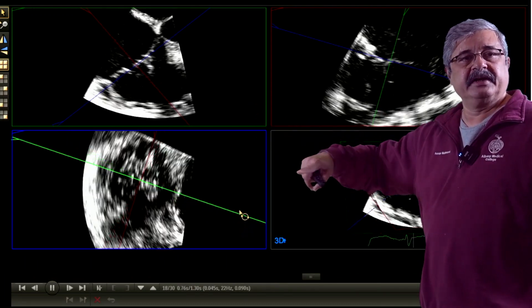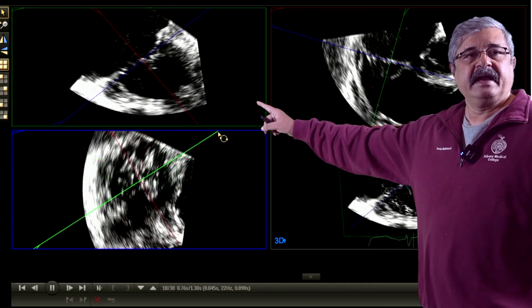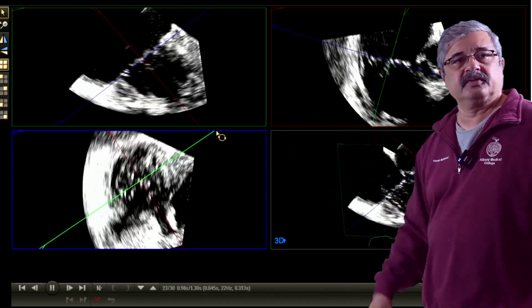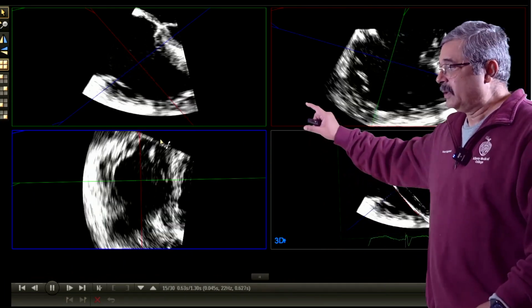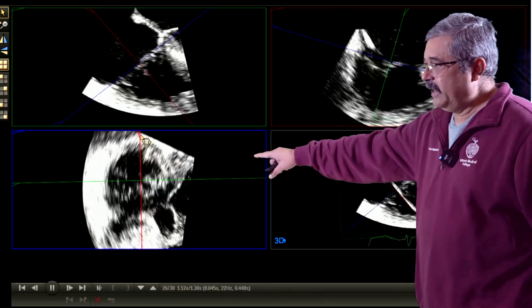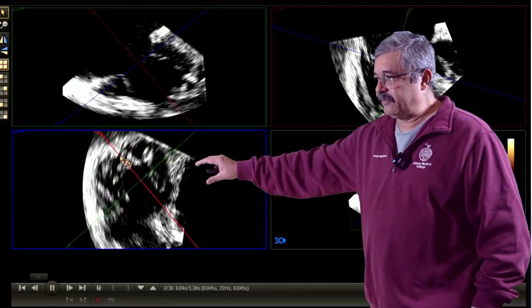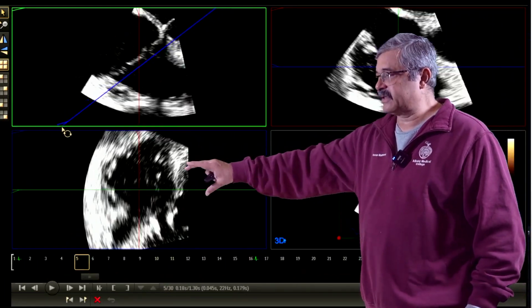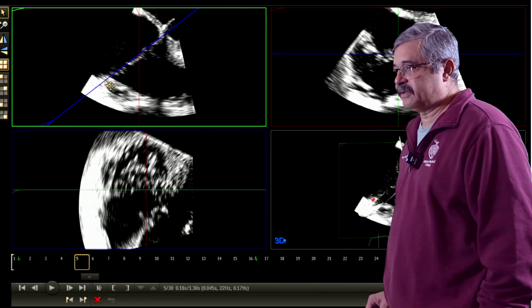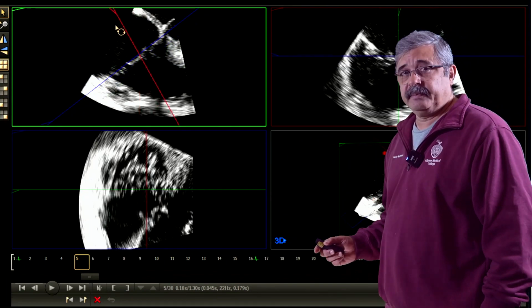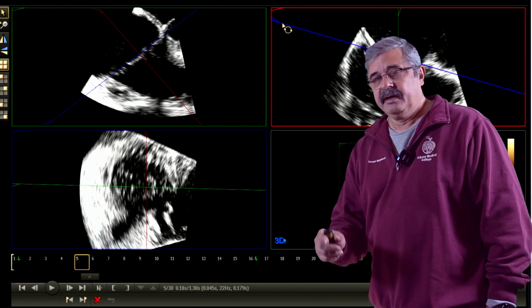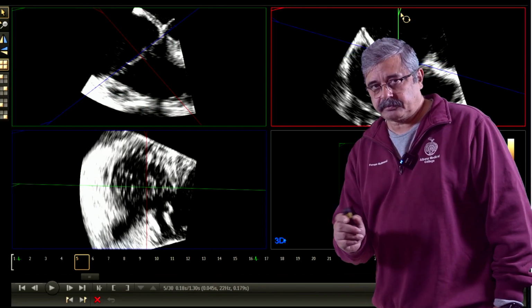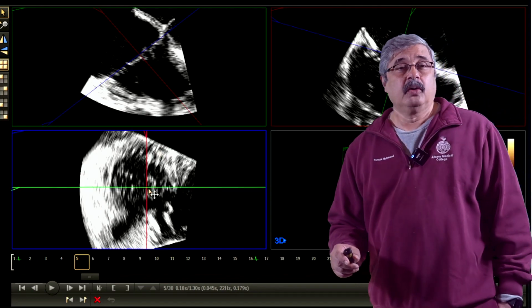Now it is going through the anterior leaflet and posterior leaflet, and now the green plane has been rotated to go through the septal and the anterior leaflet. So you can use this specific view as your view of reference, knowing which specific scallop is being transected by which specific scan plane, and then you can use this to your advantage while identifying the percutaneous intervention, or knowing